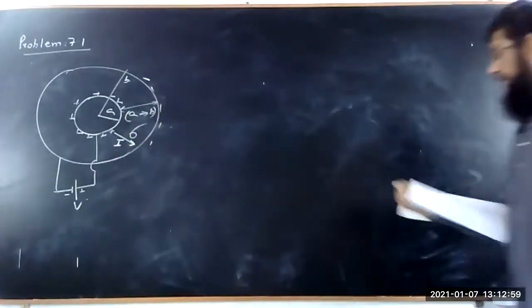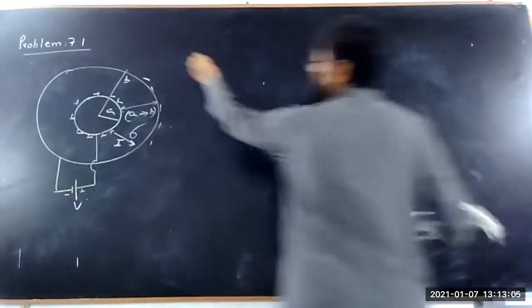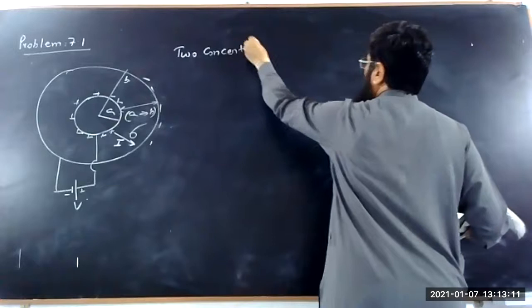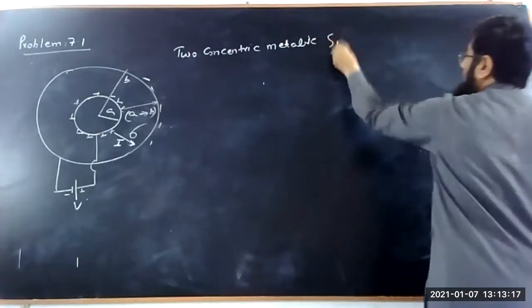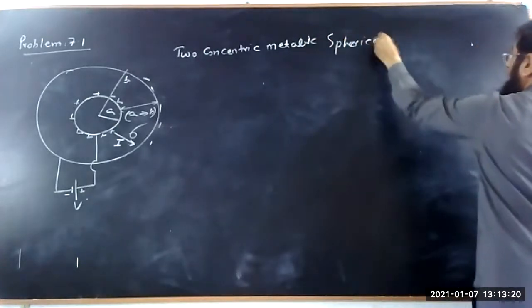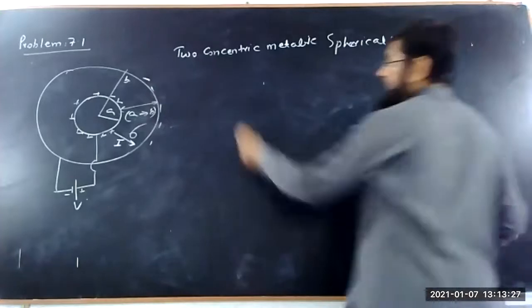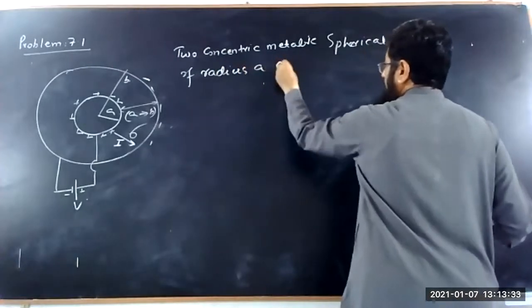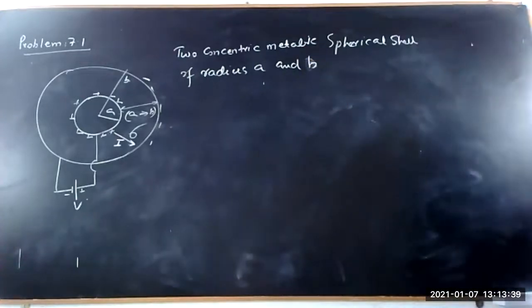So I am reading the data. Listen to the data. Two concentric metallic spherical shells of radius A and B are separated by a weakly conducting material,